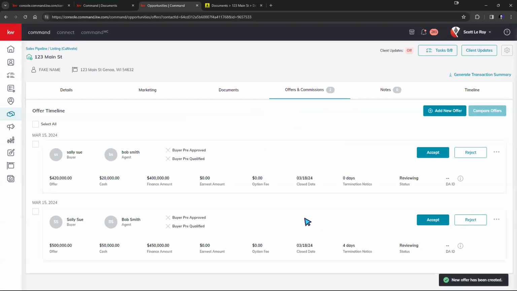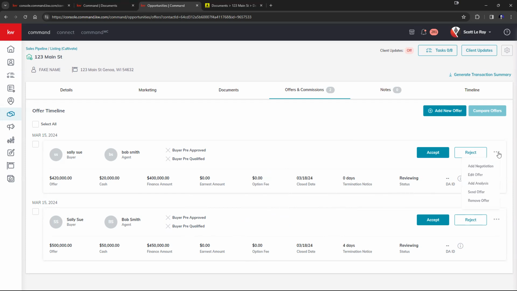And so now we have two offers. One is obviously a better offer than the other. So as we're scrolling through here, and as we're taking a look at all the different offers that are coming in, and as we're plugging these in right here, what's cool is on the right hand